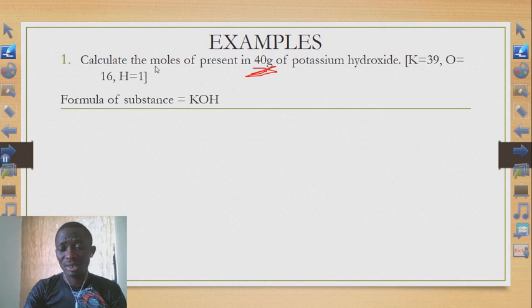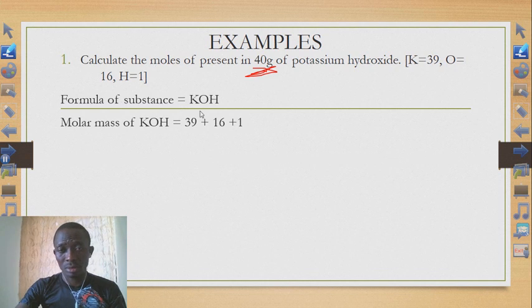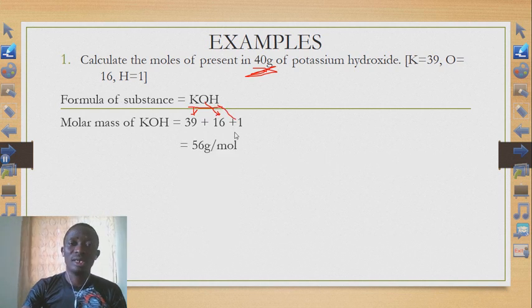And how do I calculate the molar mass of potassium hydroxide? All I need to do is, with regards to the atoms given in the formula, I have 1 potassium, which is 39. I have 1 oxygen, which is 16, and I also have 1 hydrogen, which is 1. By the time I put all this together, I have 56 grams, and the unit for molar mass is grams